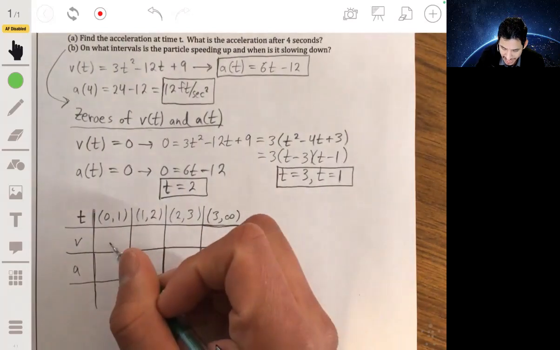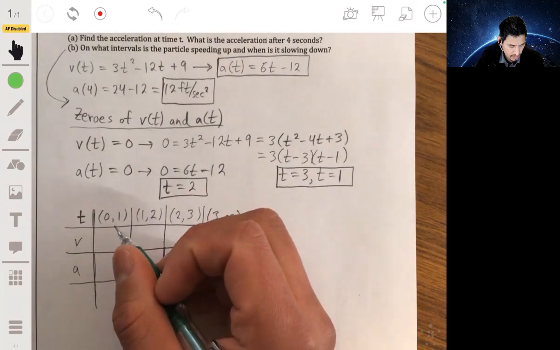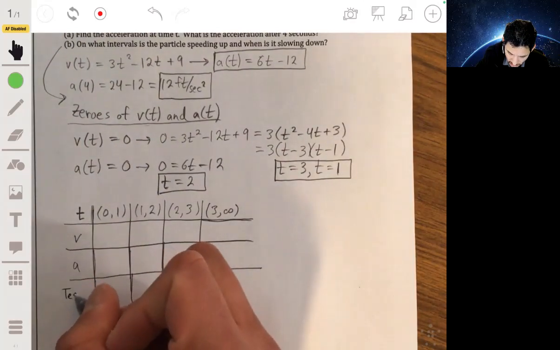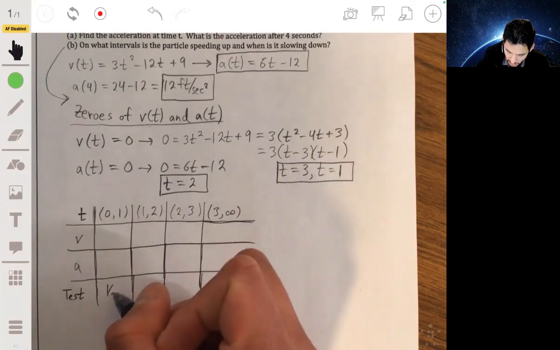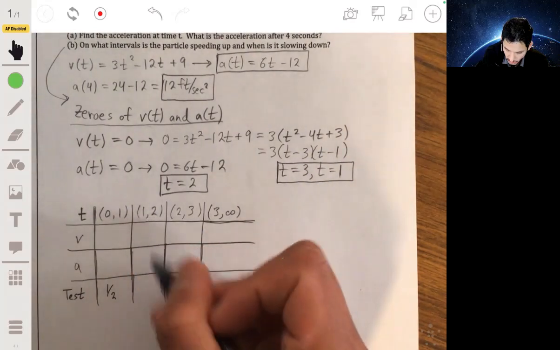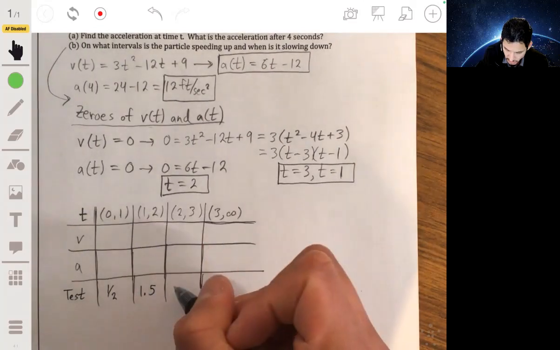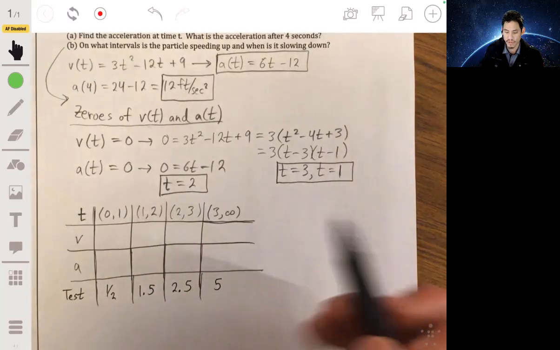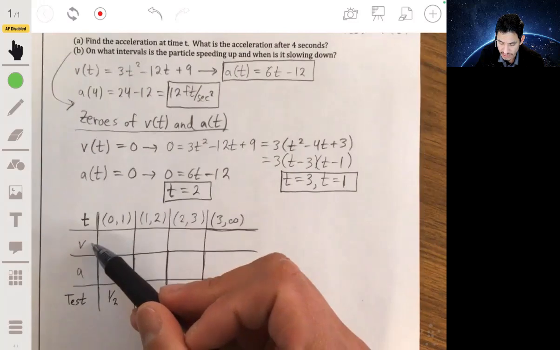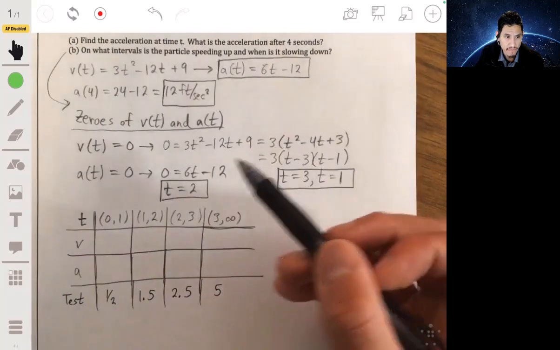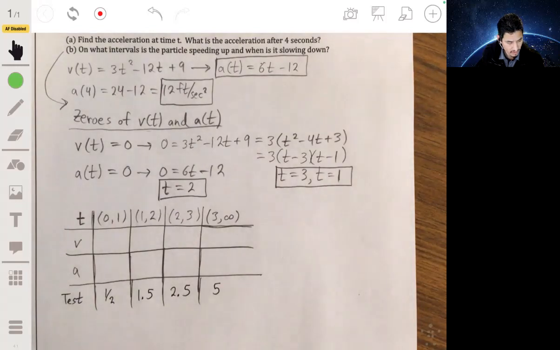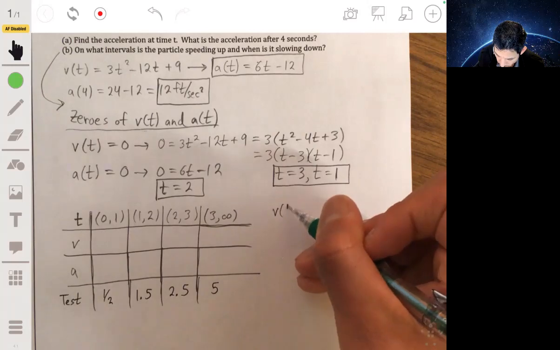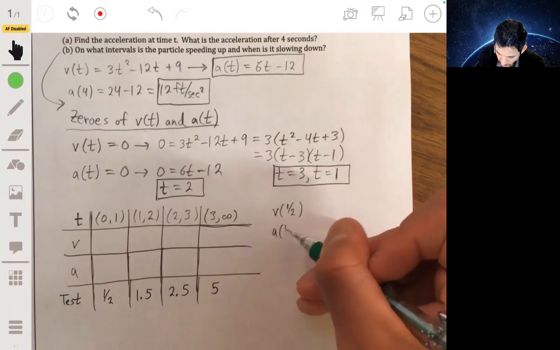So in other words, let's pick any t value in here. Let's have a test value. Let's test t equals 1/2. Here we'll test 1.5. Here we'll test 2.5. And here let's just test 5. So we're going to plug 1/2 into the velocity and acceleration graphs. So if we take v of 1/2 and a of 1/2,